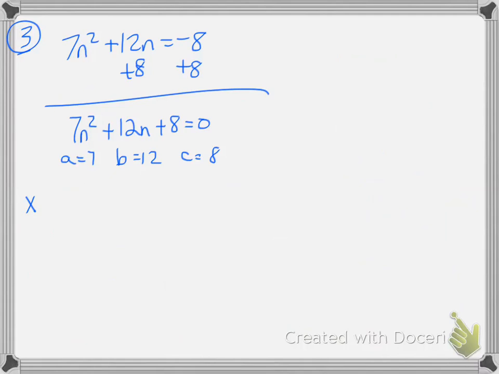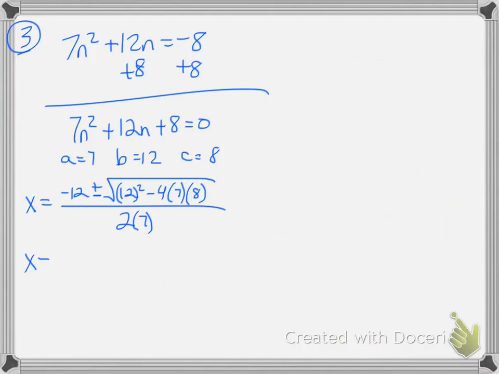So when I go to plug it in, x equals negative b, or the opposite of b, so that becomes negative 12, plus or minus the square root of 12 squared minus 4 times 7 is my a, and 8 is my c, all divided by 2 times 7. So x equals, I'm going to simplify the radical first. Negative 12 plus or minus the square root of 144 minus, and that's going to become 224. There's only one negative there, so it's still going to be a minus. 4 times 7 times 8 is 224,